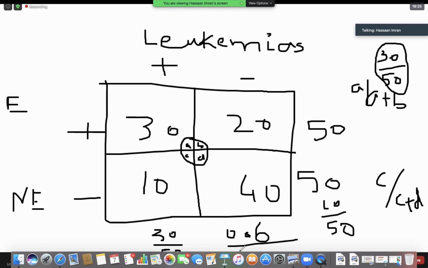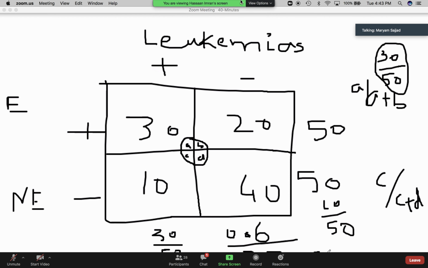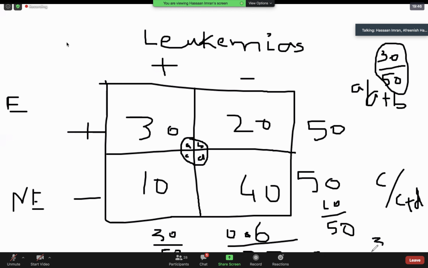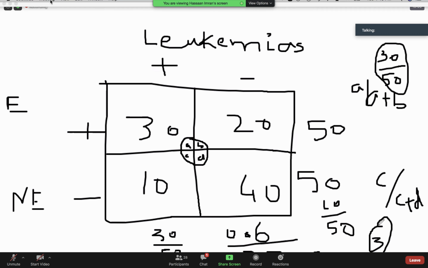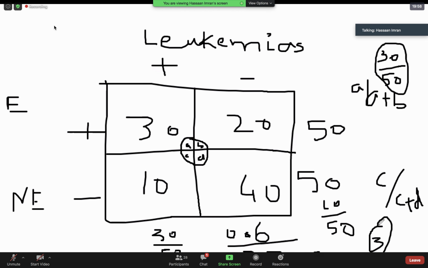Otherwise, we would have multiplied, and we would have said that this many are the new cases among this much population at this much time, right? But since we need to have a ratio, we are going to keep them as they are. So that would give us what? Which number? 0.3? No, it's just 3, isn't it? Yes, 3. Now, who will interpret this 3 for a cohort study?